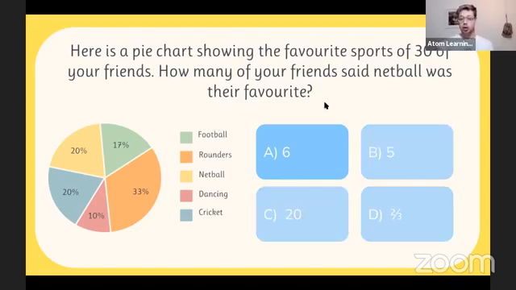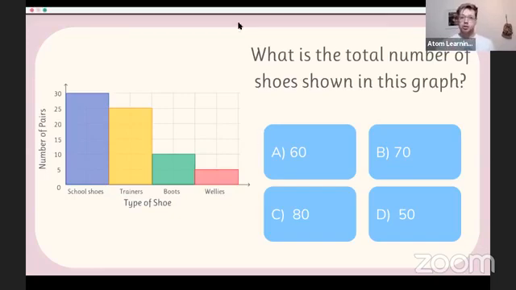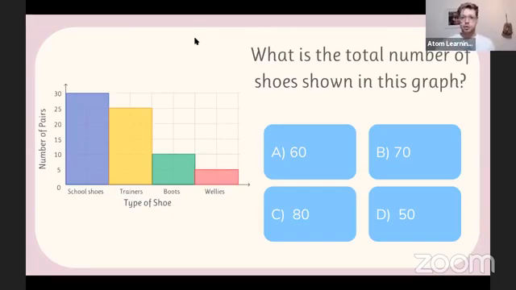Right, let's keep going. So that was an example of a data question. Another data question, I'm feeling generous. It is a Saturday after all. Again, just being familiar with how to interpret bar graphs is important. So what would be the total number of shoes shown in this graph? Quick little time to have a think, and then I will talk you through how to do it.